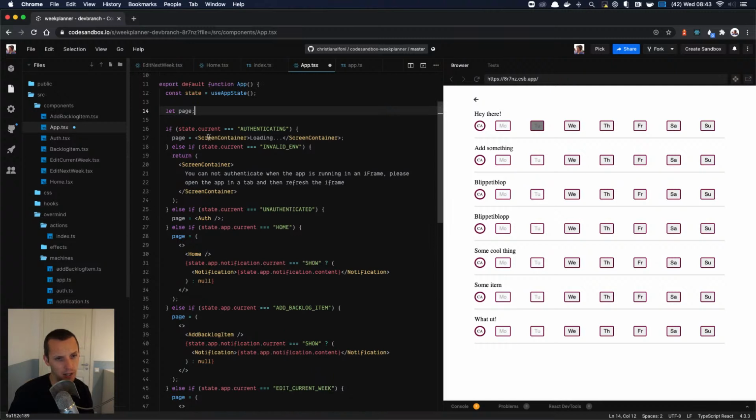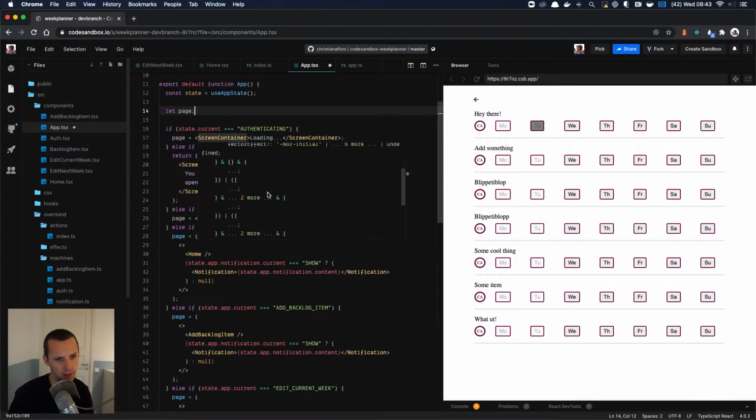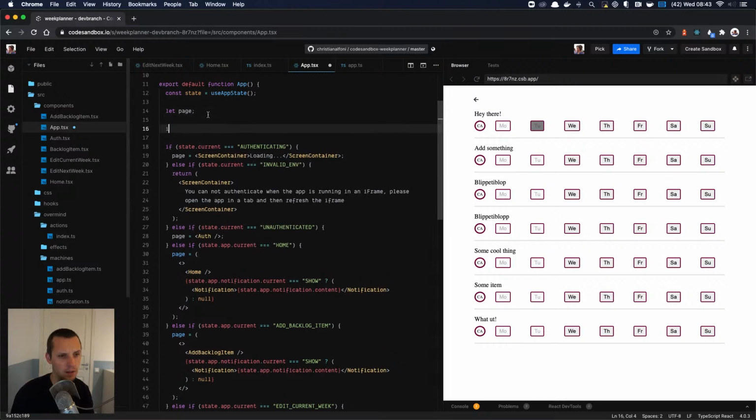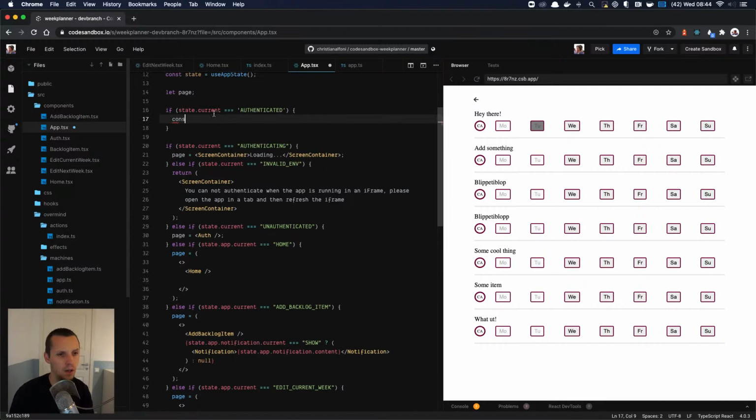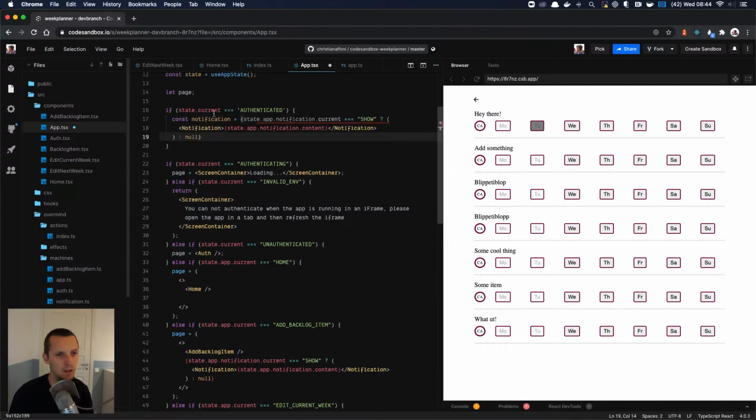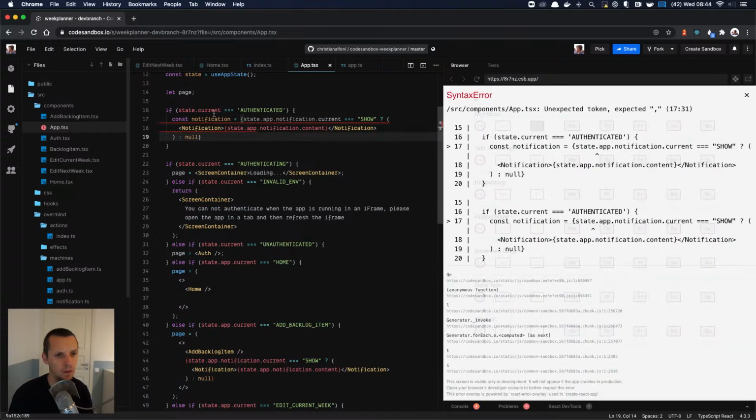I should rather check if we are authenticated. So if state current equals authenticated, then we know that we have the app, which means that I can do like notification, yeah, without these things.